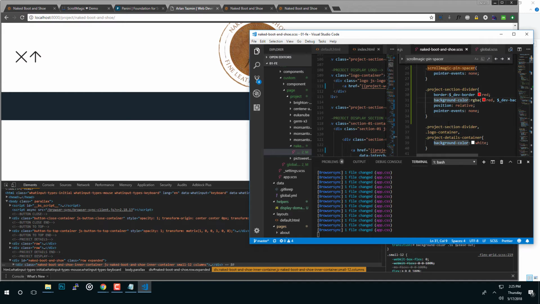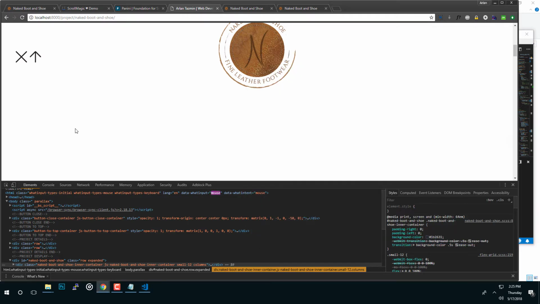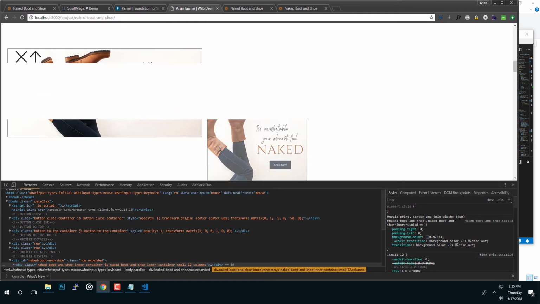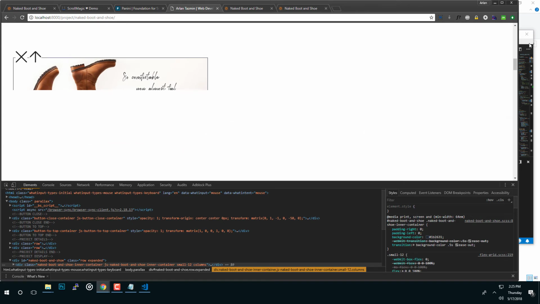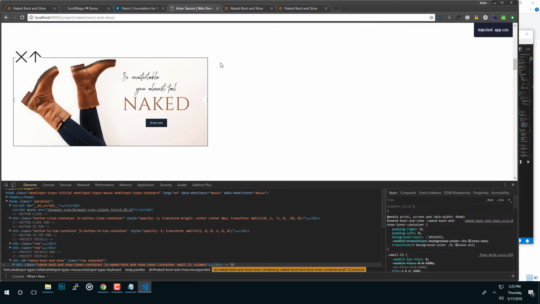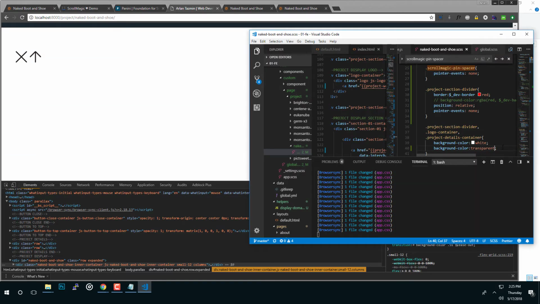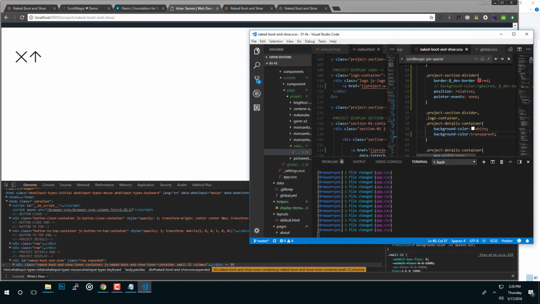So I have to reset this value here because it was overwriting the color. It's white now here. We need to set this transparent. Some of them I need to set, so either